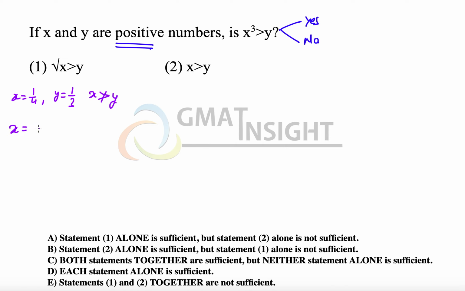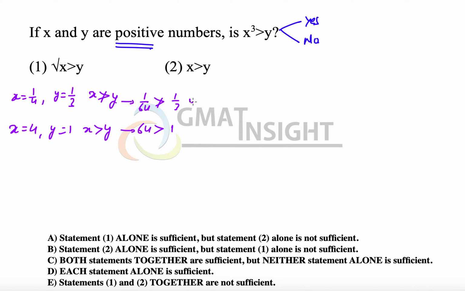The other case that we can take is x equal to 4 while y equal to 1. In that case, the square root of x becomes 2 and 2 is greater than 1, but x is greater than y. The answer to the question using these two possible sets of values is different, because in the first set, x cubed will be equal to 1/64, which is not greater than 1/3,